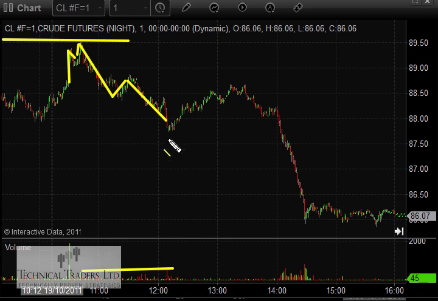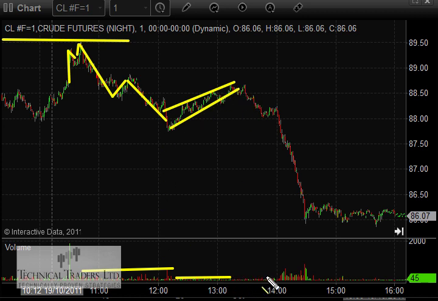Now later in the afternoon after lunch we saw the afternoon drift. Usually you see an afternoon drift go in the opposite direction of the day's trend. So here in the morning we had a downtrend with volume confirming. In the afternoon volume usually gets lighter, and you usually see the market drift higher. You can see there was absolutely no volume and prices went up, and then it started to roll over again,